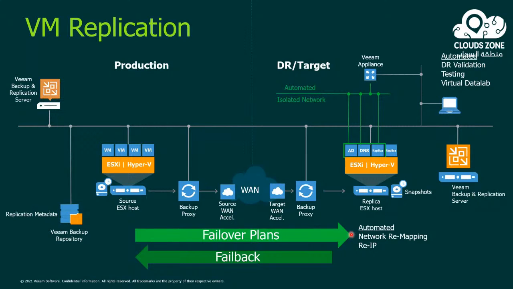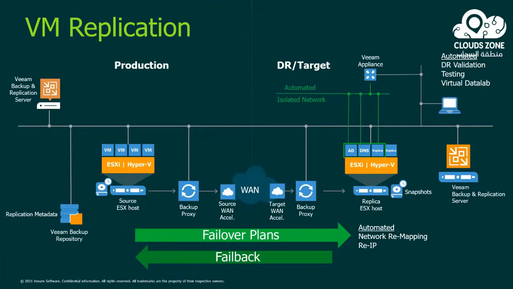So as we said, we can do a failover. Then we have two options after we fail over to the DR side, either to fail back or to undo failover. So when we fail back, we apply all the changes that we have done on the DR side once we come back to production. So we replicate all the changes that happened on the DR side to the production side. And if we don't want to replicate those changes and we don't care about them, we can just do an undo failover. And in this case, you will be losing the changes that were happening on the DR side